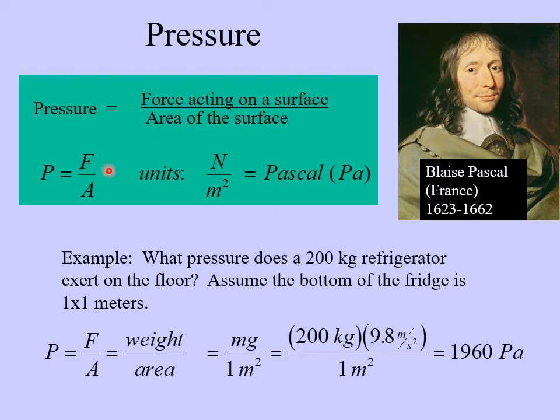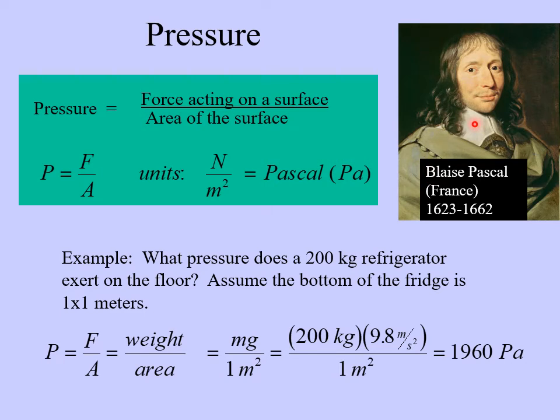So pressure is force over area, and force is measured in newtons, and area is measured in square meters. And a newton per square meter is called a Pascal, abbreviated Pa,